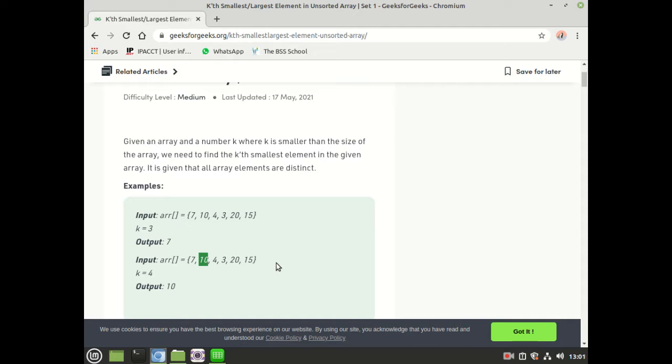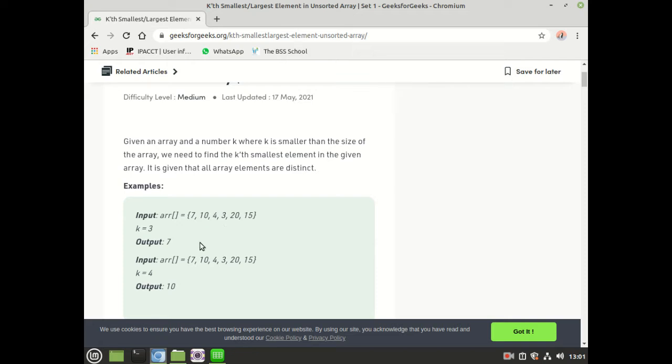The vice versa is also possible, that you can be asked to find the kth largest element. For example, if you are given k as 3 and asked to find the kth largest element from this array, your output should be, let's see, 20 is the first largest element of the array, 15 is the second largest element, and 10 is the third largest element of the array.